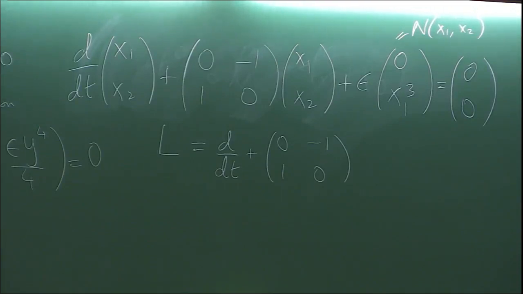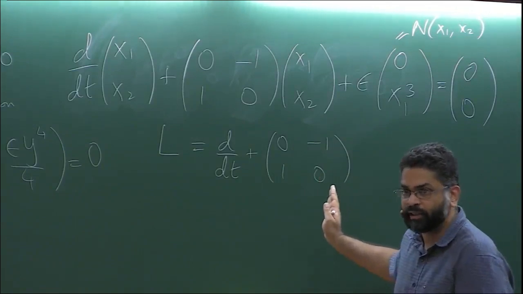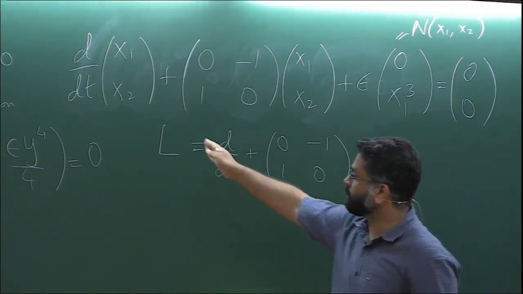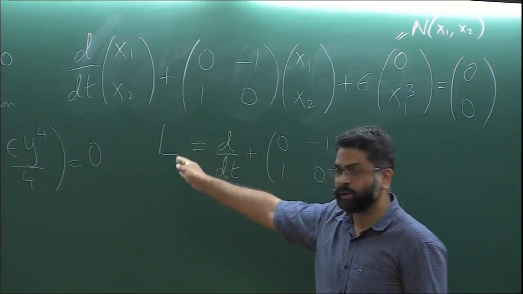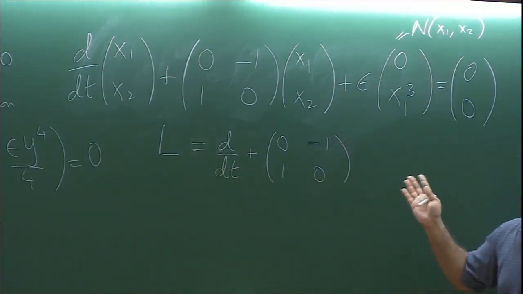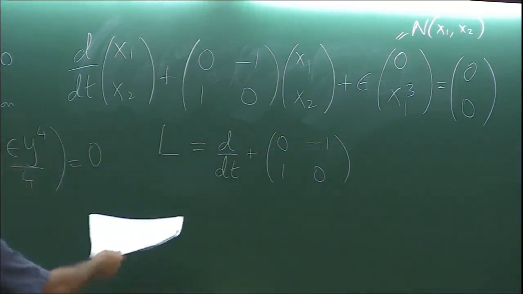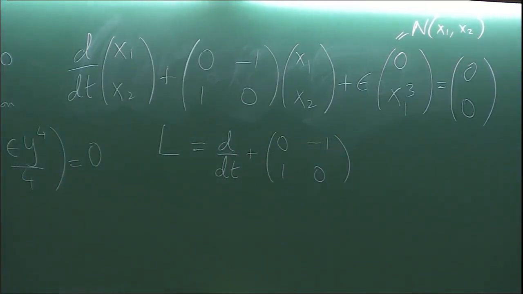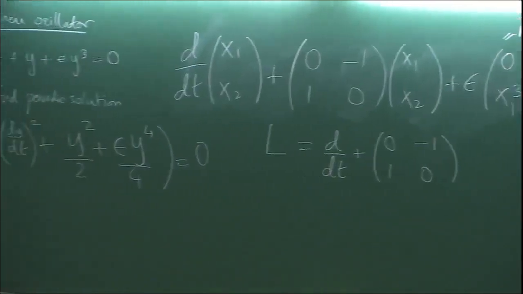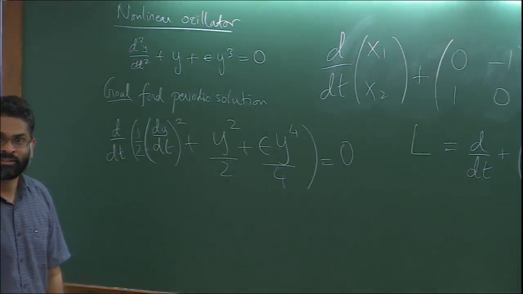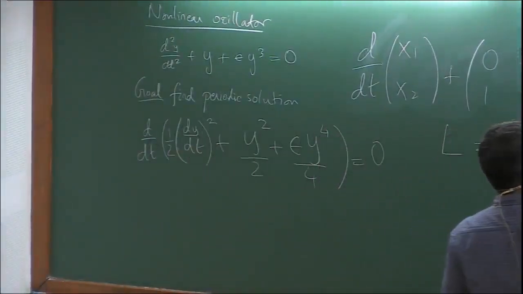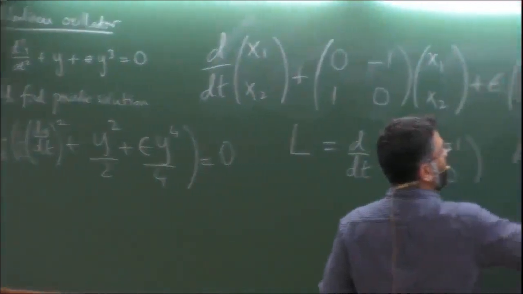If you can answer that question directly, don't even bother about what you mean by determinant of L being 0. Clearly, determinant of unbounded operators is a more subtle question, and I'm not going to get into how to define that. I just want to know, is there a non-trivial vector that if I multiply here, I get 0? And that's certainly true, because in some sense, the linear part is actually this second-order equation, like d squared plus 1. Yeah, sure, there are non-trivial solutions, sines and cosines. Right? So, null space of L,